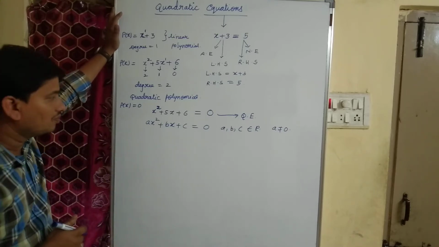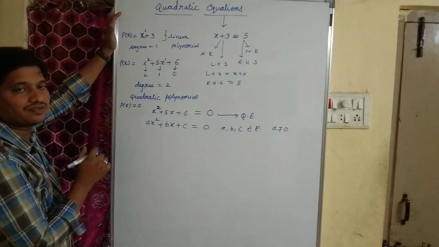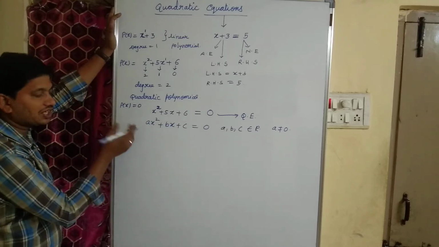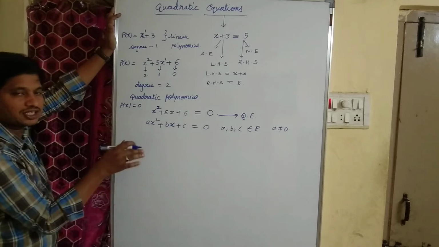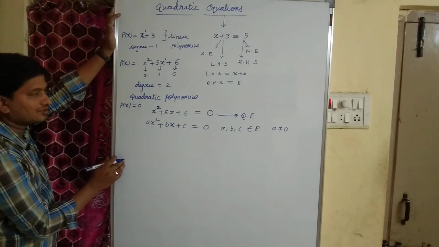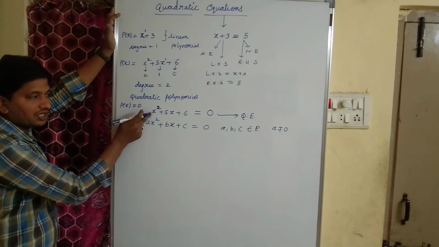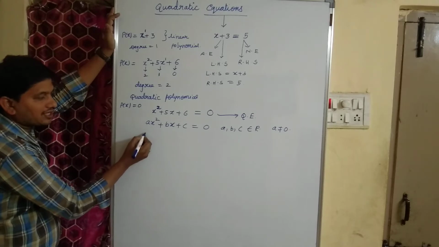Right? Now, what is the standard form of the quadratic equation? Our point is, what do you mean by the standard form of a quadratic equation? An equation of the form ax square plus bx plus c equal to 0, that is said to be a quadratic equation. Okay children? Now, if you compare the given equation with the standard form of the quadratic equation, here a is called x square coefficient.